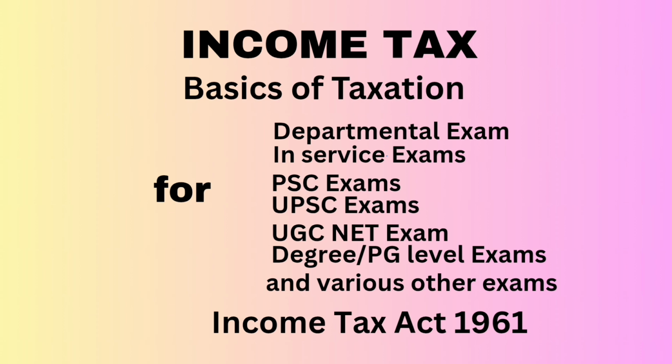29. Any compensation or other payment referred to under section 56 subsection 2 subclause 9, being payment due to or received by any person in connection with the termination of his employment or the modification of the terms and conditions. 30. With effect from 1/4/2024, any sum received by unit holder from a business trust. 31. With effect from 1/4/2024, any sum received under life insurance policy including bonus allocated.